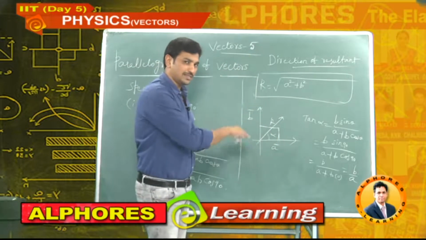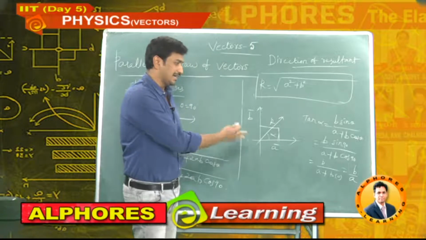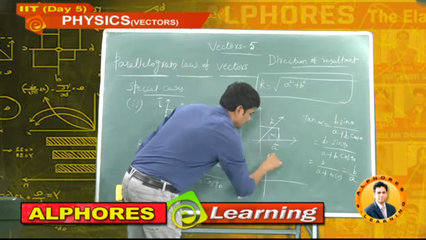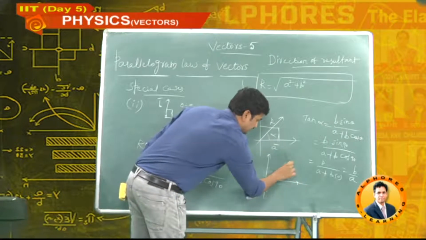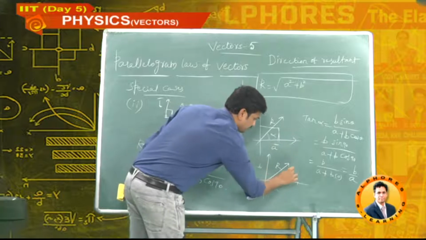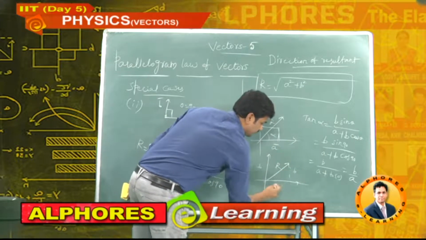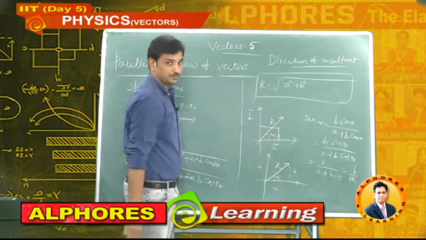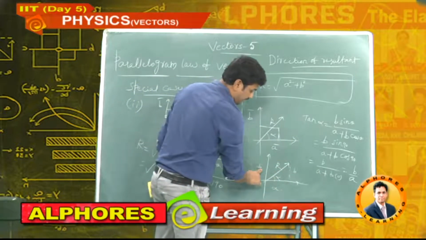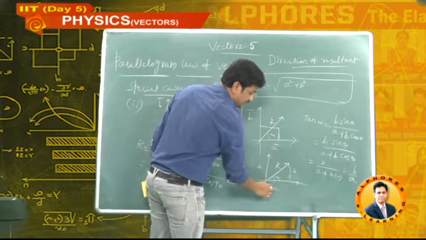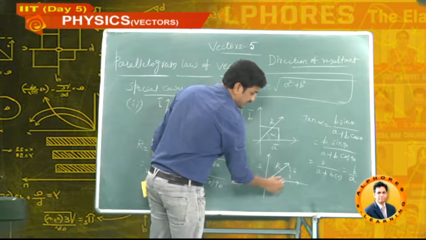Without doing that, in this case directly we can write the answer. How? It is a resultant. See, this is A, this is B. So parallel shifting, this is B, this is A, it is alpha. What is tan alpha? Opposite by adjacent side, B by A. This is B, parallel shifting B, it is A, tan alpha opposite by adjacent side. So B by A is tan alpha, same answer.